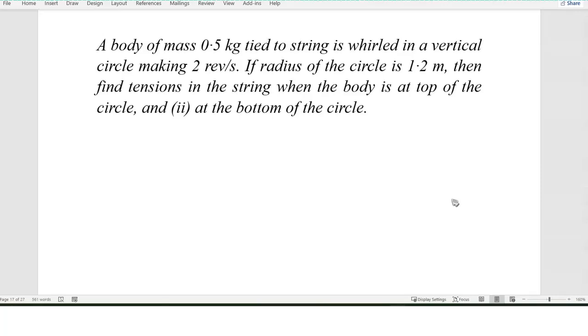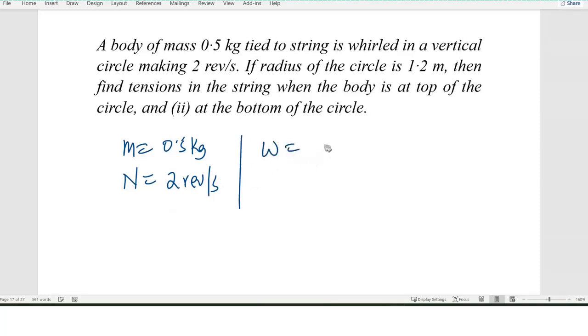So a body of mass 0.5 kilograms is tied to a string that is whirled in a vertical circle, making 2 revolutions per second. We are told that the mass of this body is 0.5 kilograms and the number of revolutions per second is 2. So n is equal to 2 revolutions per second. But if we wanted omega, the angular speed,